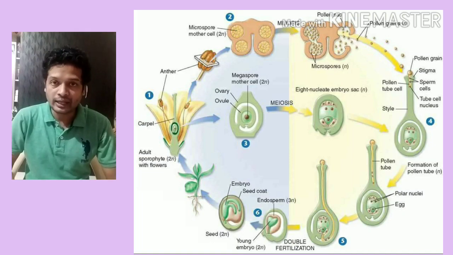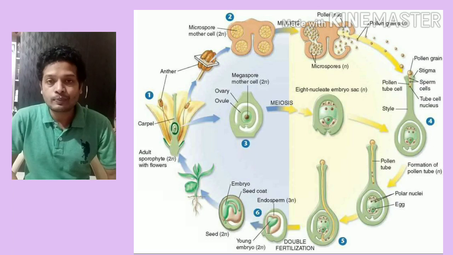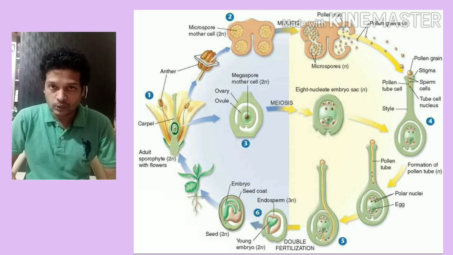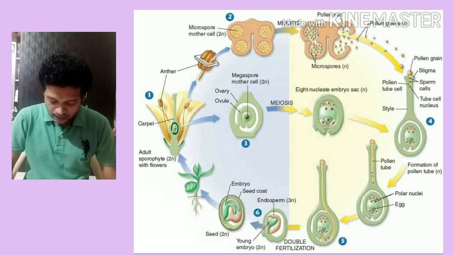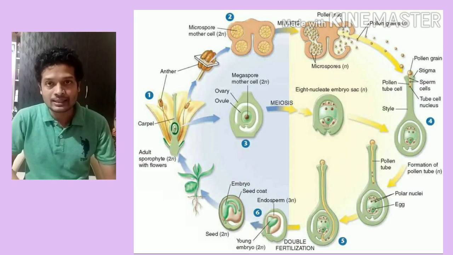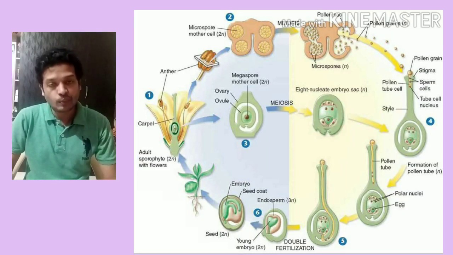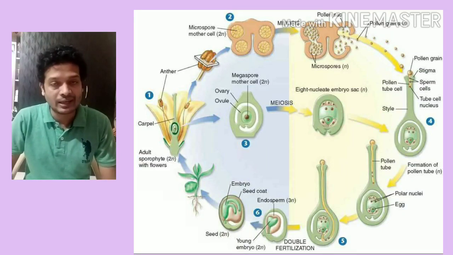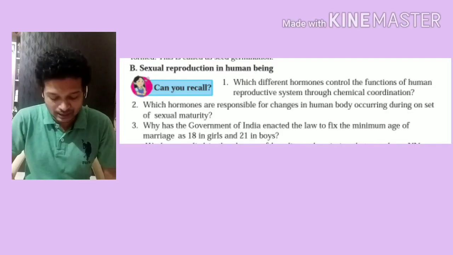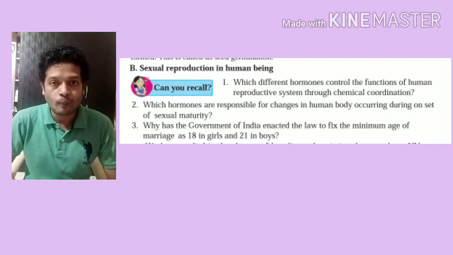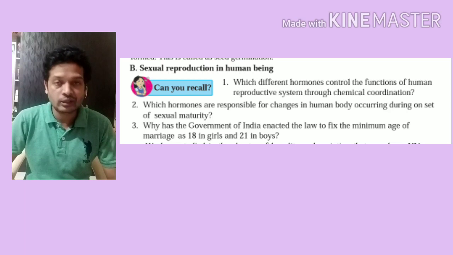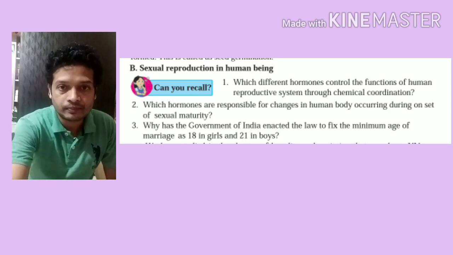We already studied angiosperms, gymnosperms, bryophytes and pteridophytes last year. So angiosperms are typically characterized by the presence of double fertilization in them. So this was double fertilization. Now below that, the 'Do you know' is cancelled. Next page, page number 28, the first paragraph of 'Try this' is also cancelled from your syllabus. So we'll directly move to part B, that is, sexual reproduction in human beings.